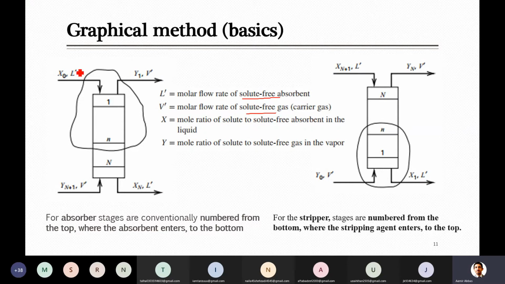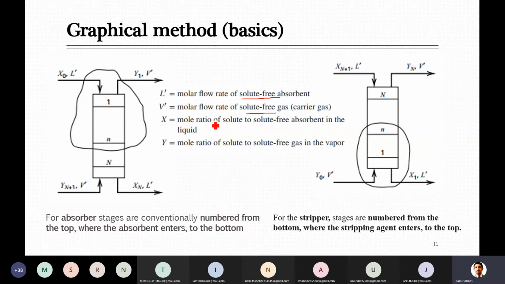So this will then be the flow rate of that natural gas. And for the liquid, for example, if you want to remove H2S and you are bringing in a solution of NaOH, this will be the molar flow rate of only NaOH, excluding the solute. We don't consider that there is anything in this. It is only the flow rate of liquid that is represented with the symbol L prime, and V prime. And this X capital is mentioned in both of the diagrams.